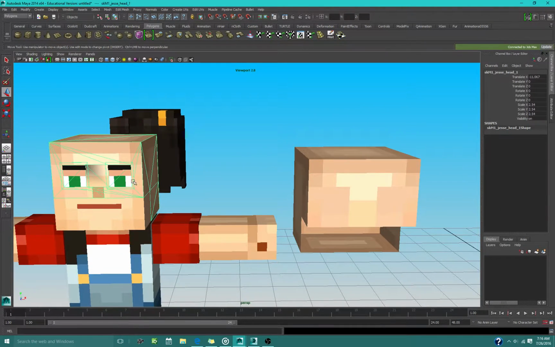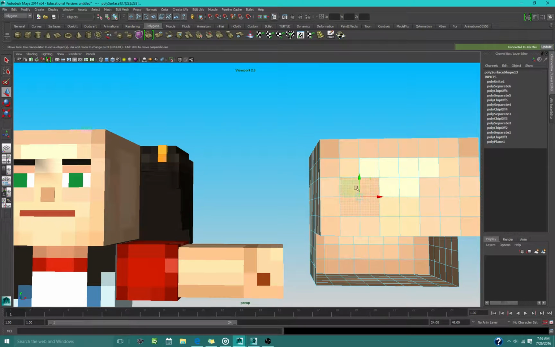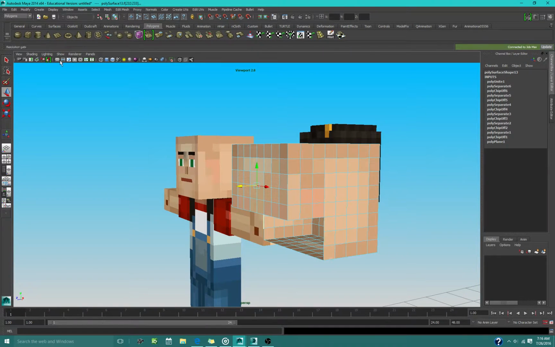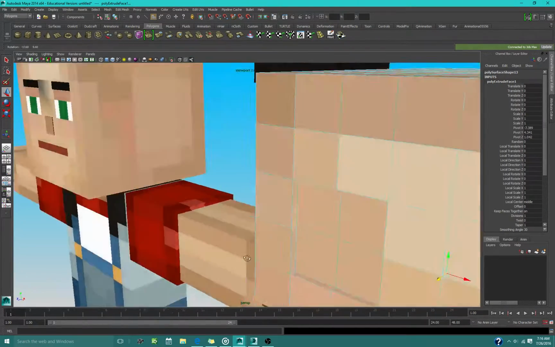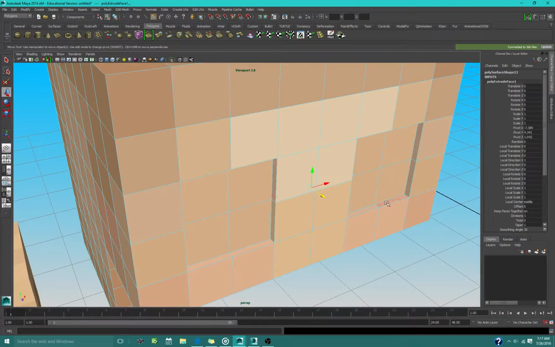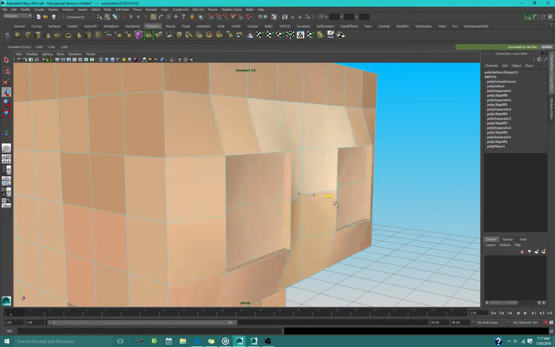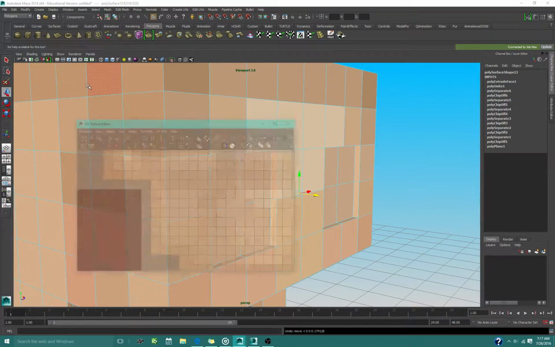Like for the eyes, just select where these sockets should be. Just 2 pixels down. So these faces right here, and then extrude them in a little bit. And you may notice these faces look kind of weird. So you'll select all of these faces and all these inside of here, the pieces that just make up the eyeballs, and then go into your Windows UV texture editor